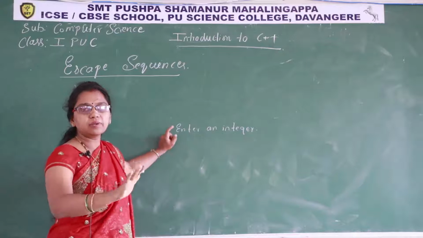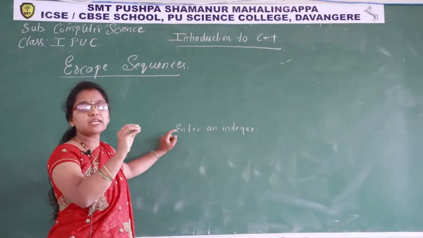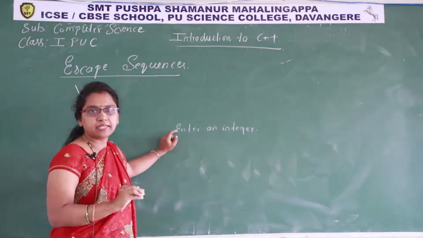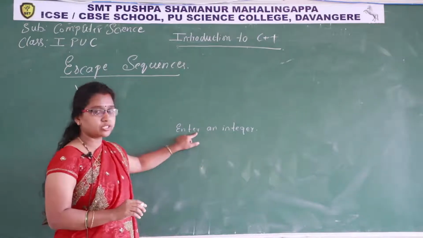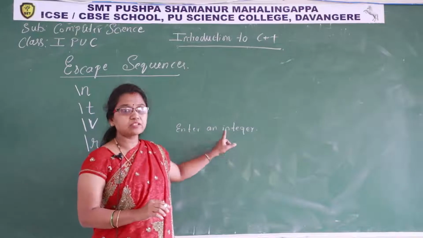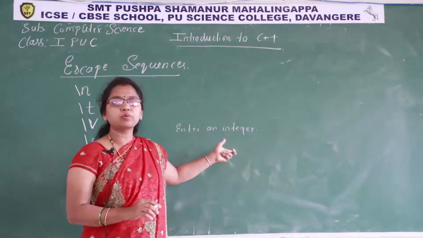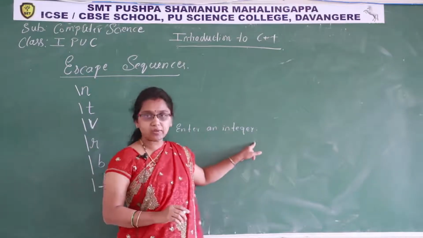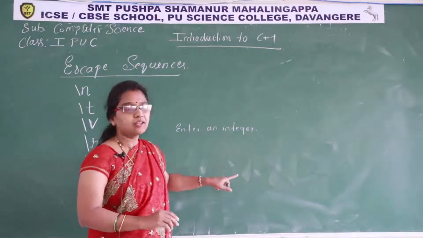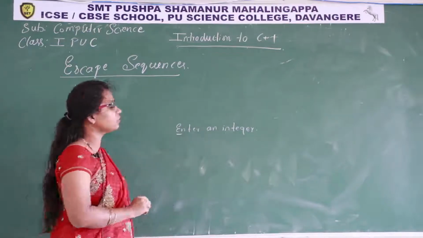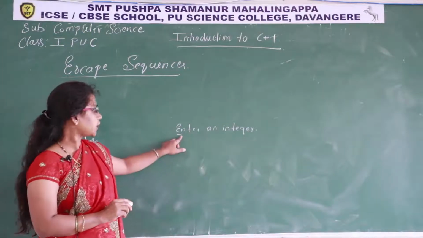They are not printable characters. They show their functionality. Now, if I have written "enter an integer" in a cout statement in the source code, when you execute the program, this statement will be displayed on the screen. After this, if you give \r, the cursor comes to the beginning of the line, that is carriage return,